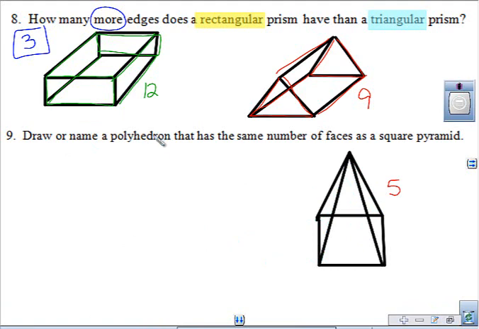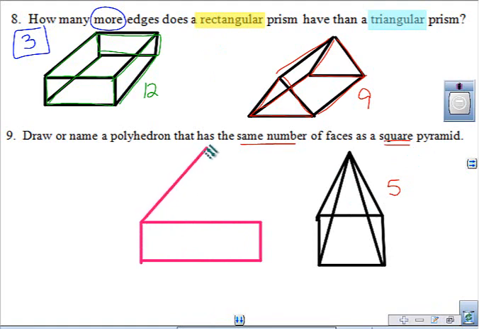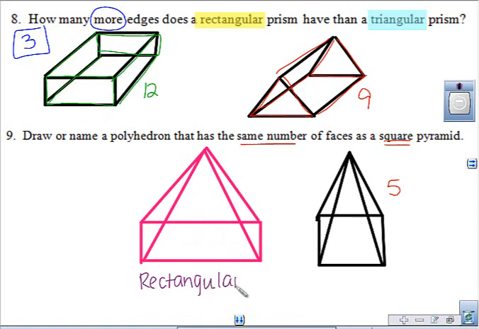Now they want another polyhedron that has the same number of faces. Well, if you think about it, they technically said square, so you could do any other quadrilateral base on a pyramid. So I could just do a rectangular one and just show that it's not a square, so it is different. But if I make this a pyramid, there are still 5 faces. There's still left, right, front, back, and base. So you could draw or list a rectangular pyramid,